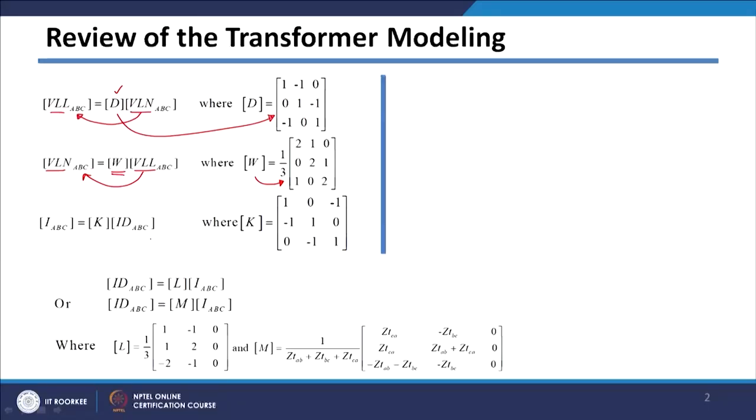If you want to convert your delta phase currents to the line currents, the conversion matrix is K, and K is given by this matrix here. In case you want to convert line currents to the delta currents, your conversion matrix is L, and L is given here. And if you want to convert line currents to the delta currents again, your conversion matrix is M here. However, the difference between these two cases is this: if zero sequence currents